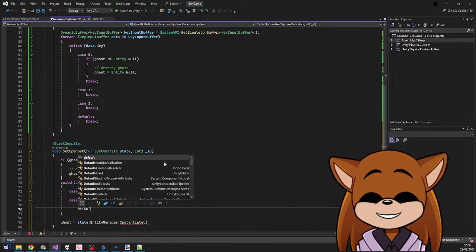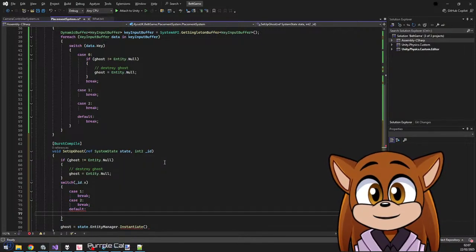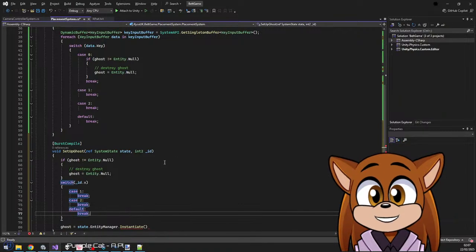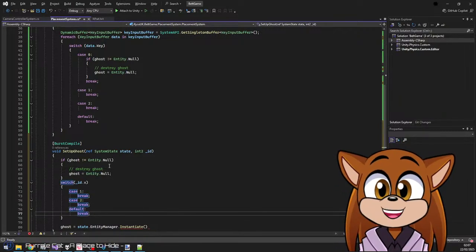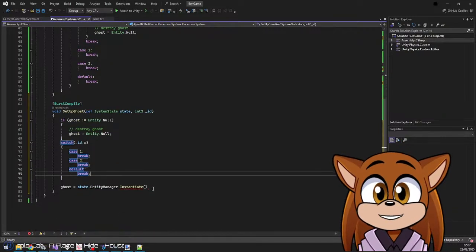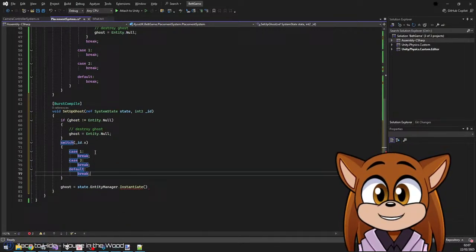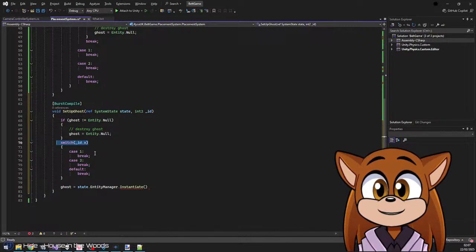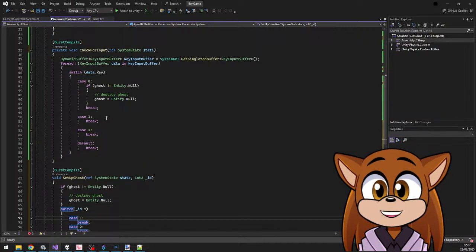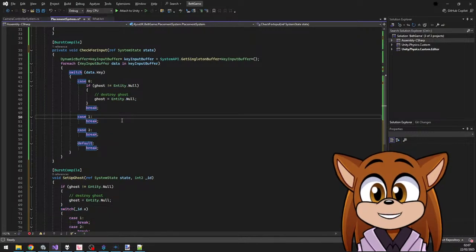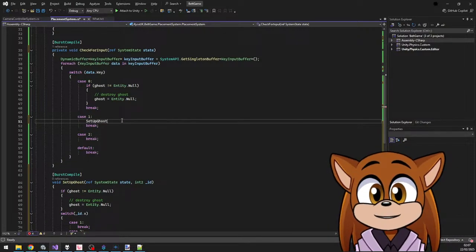Okay, and then default will be destroy the ghost again. So if something goes wrong, then destroy the ghost. It's fine. If ID X is 1, that means we pushed. So we're sending the item to ID X. So case 1 will be setup ghost